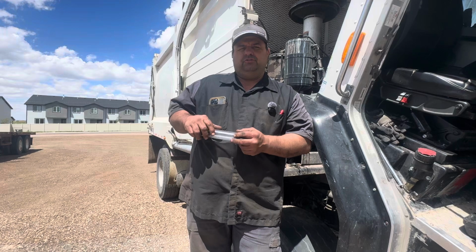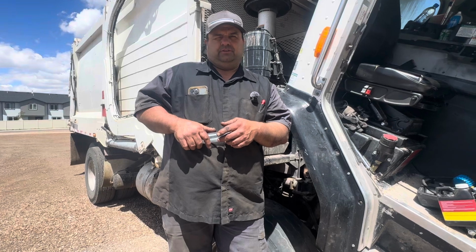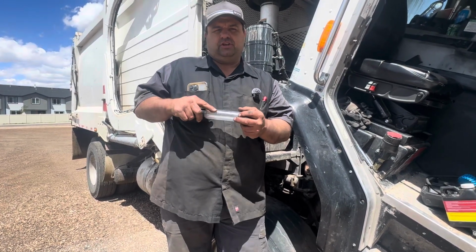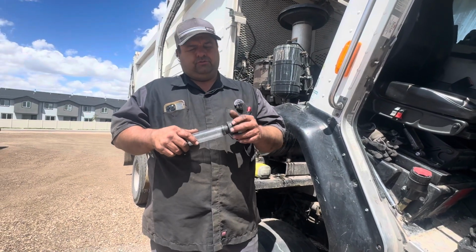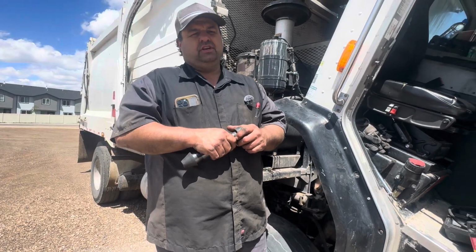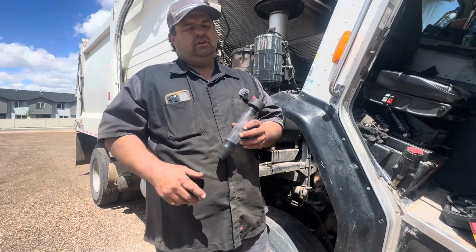Today we're going to do a test on the cooling system to tell if your head gasket's leaking. And someone's going to say, well, it could be something else, and you're right. If you got EGR, it could be an EGR cooler, but basically what we're testing for is combustion gas in your coolant. So if you're suspecting that you're getting pressure in your radiator, this is a good test to be able to tell if it's actually combustion gas or something else, because an air compressor can also put pressure in